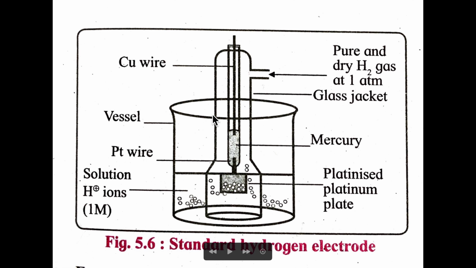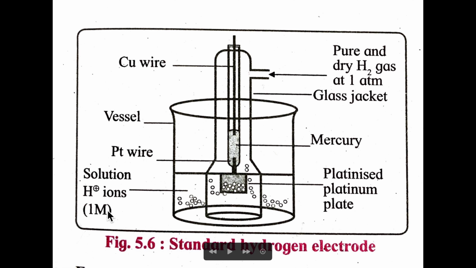See here, this glass jacket has one inlet for hydrogen gas, through which we have to pass the hydrogen gas at 1 atmospheric pressure. This platinum plate is dipped in a solution which contains H plus ions having the concentration